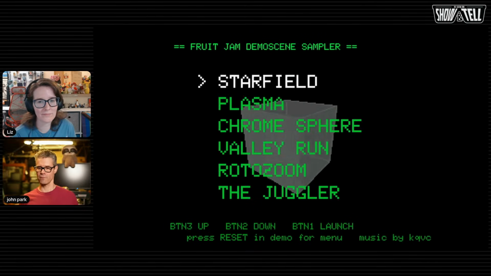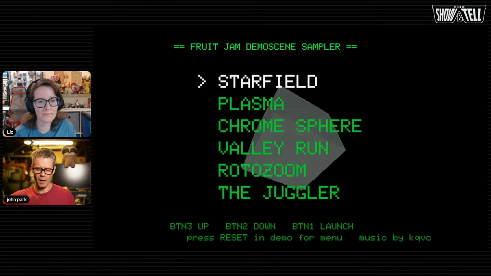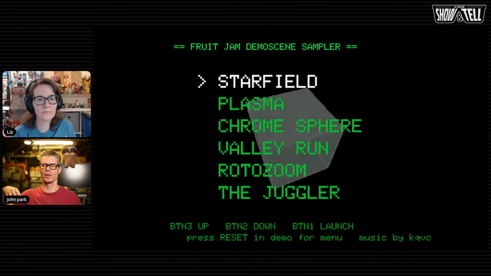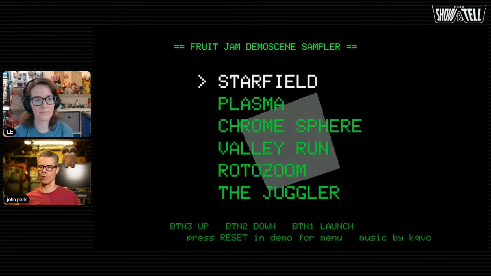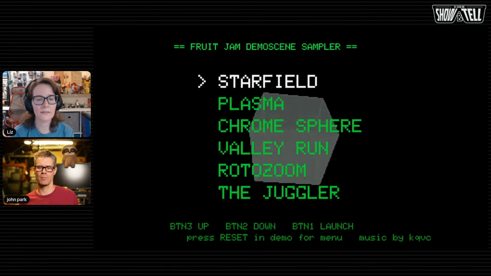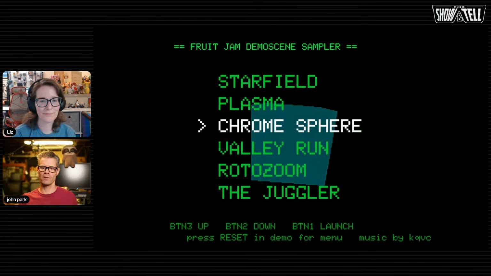And I'm gonna turn that music down now a bit. I've got a Python script that converts mod files, which is a fairly standard music tracker mod format. It'll take mod and turn it into a header file, which just allows it to be loaded with Pocket Tracker, which is the library running on Fruit Jam during all these demos. So I'm excited to put this guide together so people can see kind of the origin of all these different